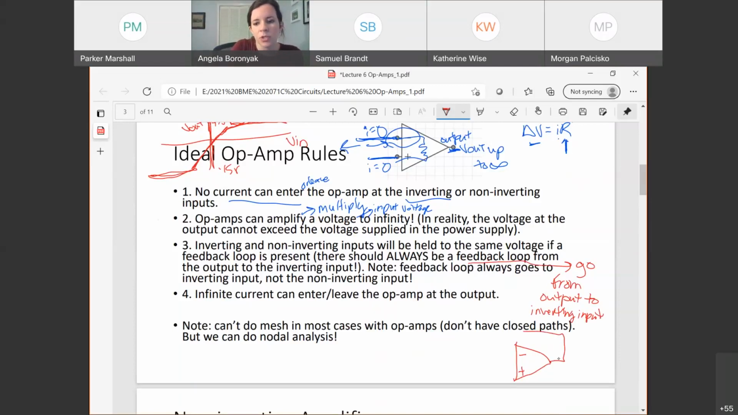So I could have a loop just like that, that's just a wire that connects my output to my inverting input, or I could have it with something like a resistor in there, or as we'll learn later, other circuit elements like capacitors. If you think about feedback in terms of a thermostat,